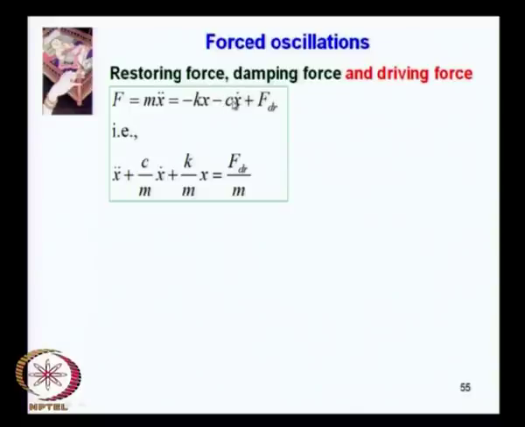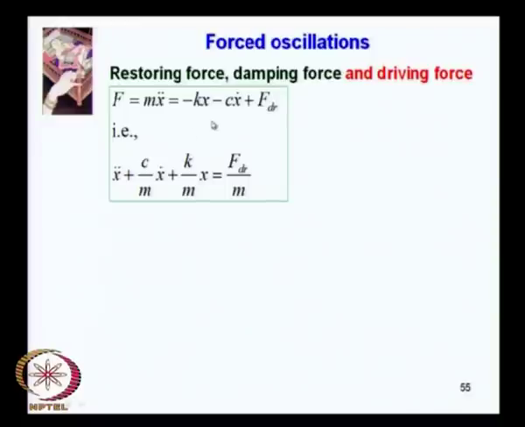This is the term that we discussed yesterday, and in addition there is a driving force F_dr. So, your equation of motion now is m x double dot equals minus kx minus c x dot plus F driving force. In the free oscillator you have only the first term, then in the damped oscillator you have the first and the second term, and then this is a forced damped oscillator,